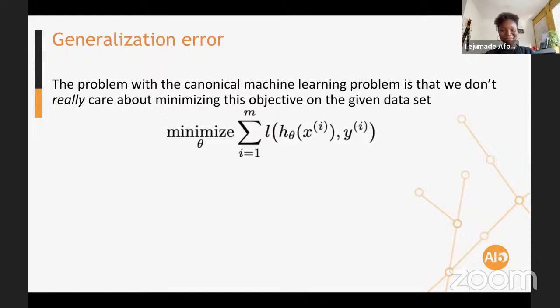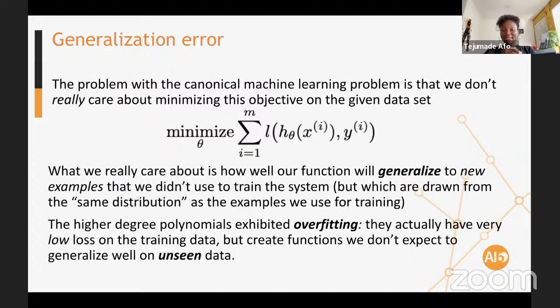I have coffee. Okay, so coming back to this, what we really care about is that we want to know how the function that we have learned will generalize to new examples, but still within the same distribution.